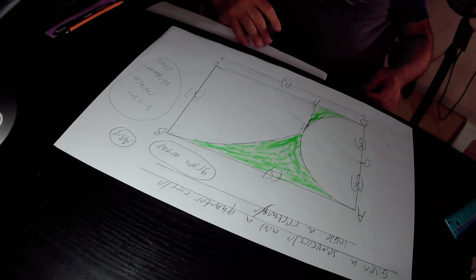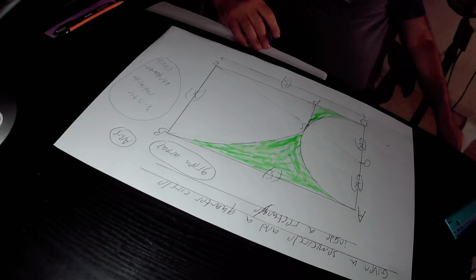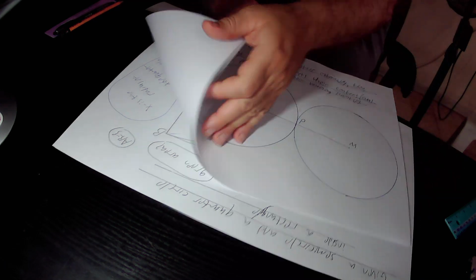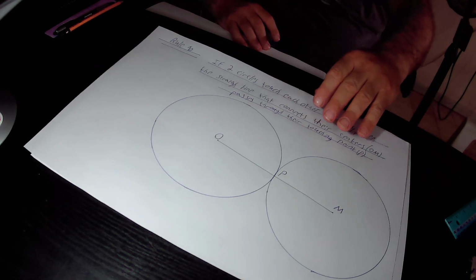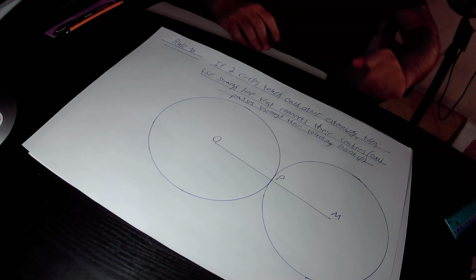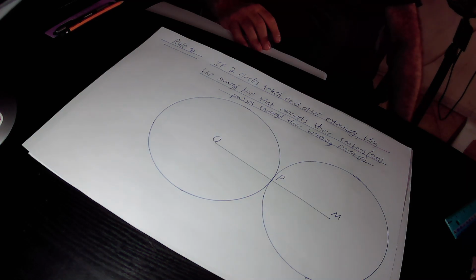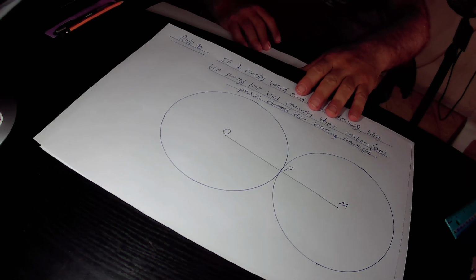So I repeat quickly on rule 10. According to rule 10, if two circles touch each other externally, that is to say, they have an external notch